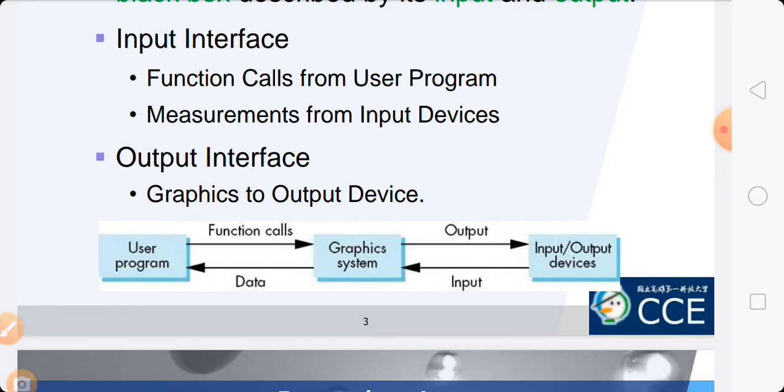That is the output interface of graphics to output device. So the graphics system works in between the user program and input output devices, and it provides the interface to both.